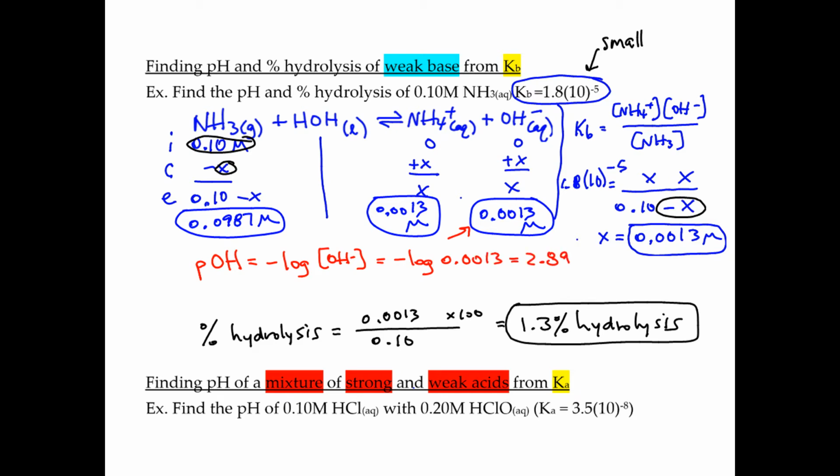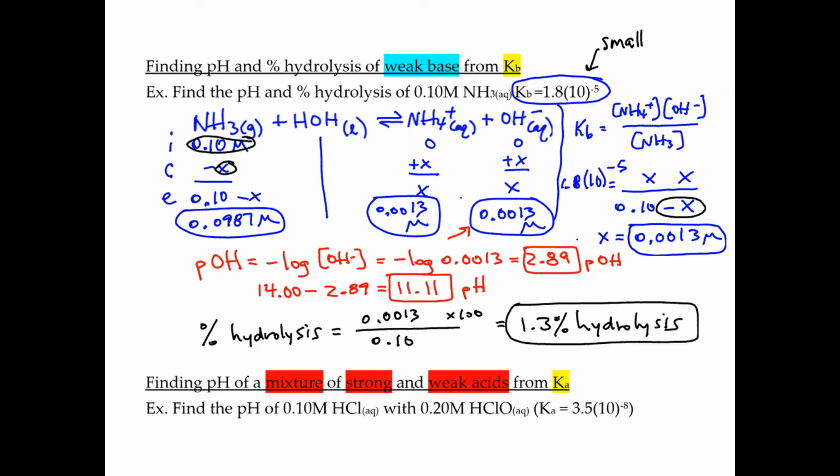But remember, first, 2 sig figs, and secondly, this is only pOH, not pH. So we have to take 14 minus 2.89, and that's going to give us 11.11, and that's going to be our pH of the solution. Of course, the other option you had was to use 10 to the minus 14th divided by this to get the H, then take the negative log. It's just a little extra work. You would still get 11.11